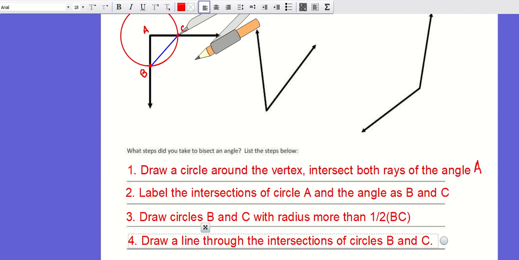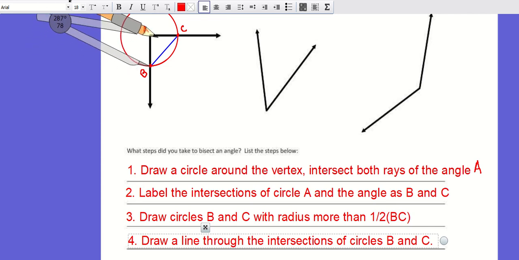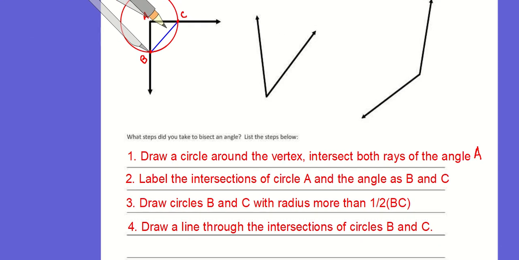And then when you're done, I would like you to go ahead and do the constructions here. So now here's a tip. After you draw your first circle, don't change your compass length. So draw circle A and then just keep your compass the same length and it will always go through the vertex. So you can see when I make my construction here,